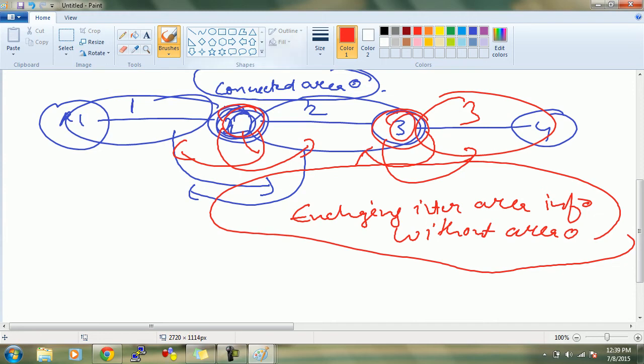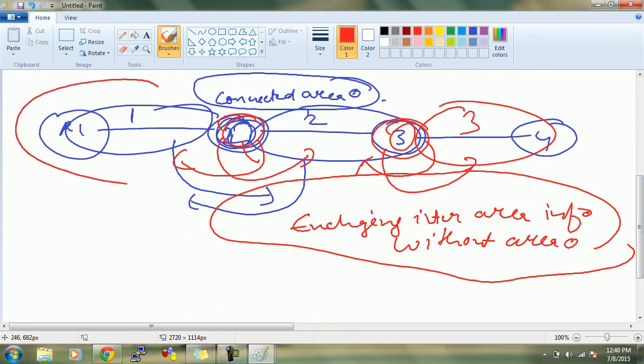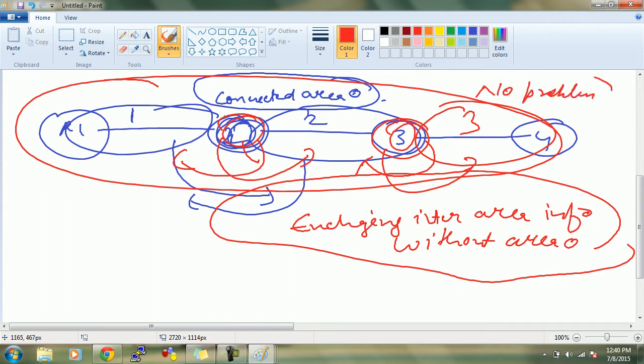First of all, I discussed the point: do two areas exchange information? Yes or no? Yes, they will exchange, but there is a condition. There must be area 0 in between. So now I am discussing the reason why it is necessary to have area 0 in between. Fine. Now look here. At this time, in this exchange, there will be no problem. There will be no problem. But